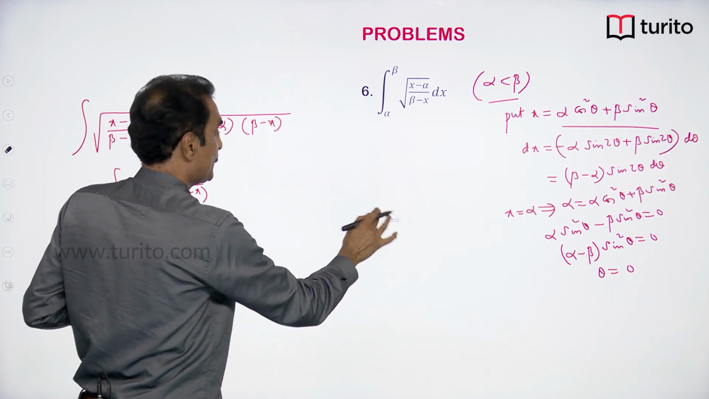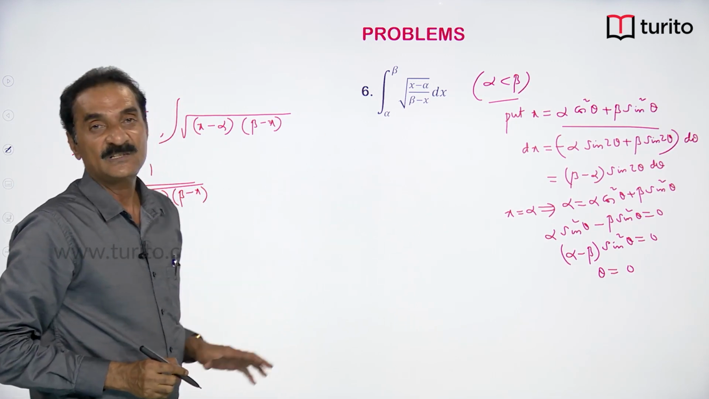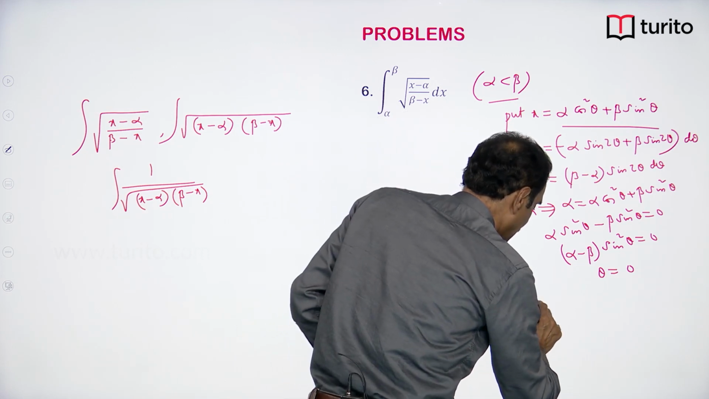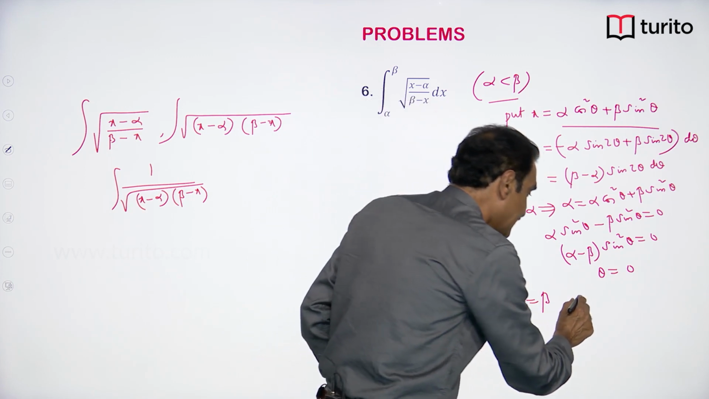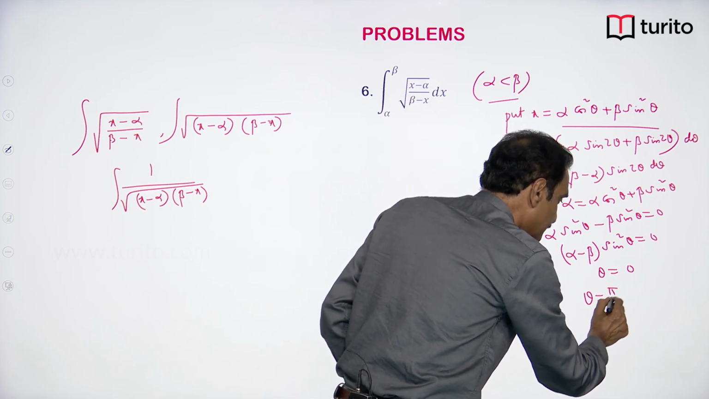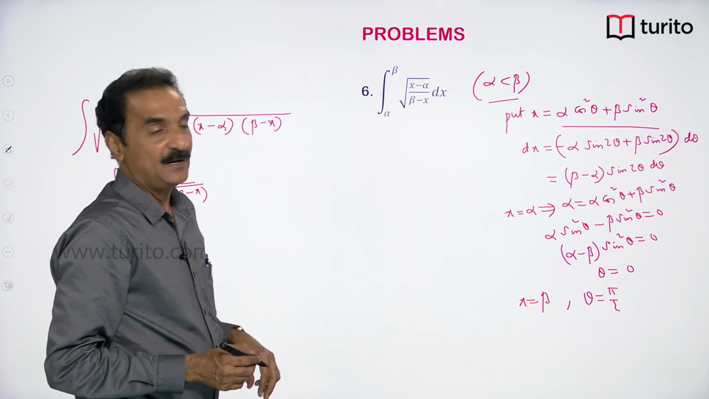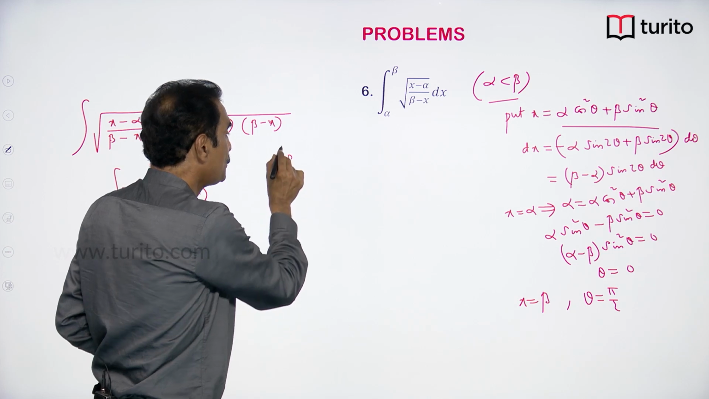Okay. Now let us substitute the upper limit, x is equal to beta. If we proceed in the same way, we will get theta is equal to pi by 2. Then this will be integral 0 to pi by 2